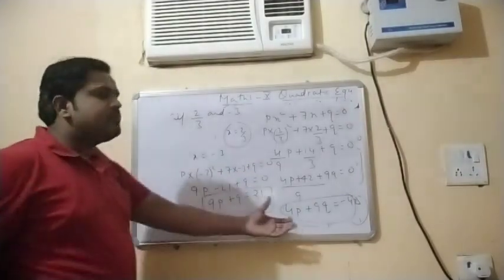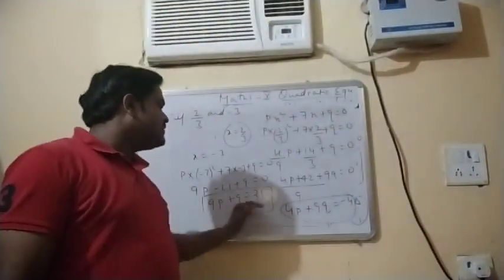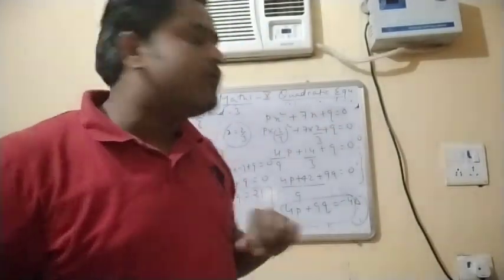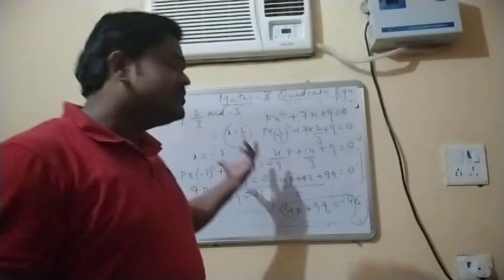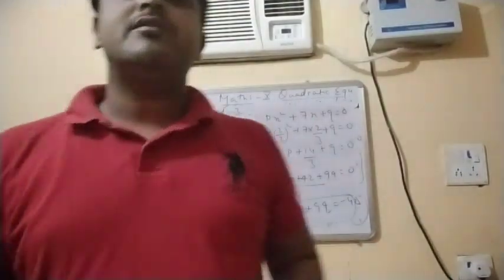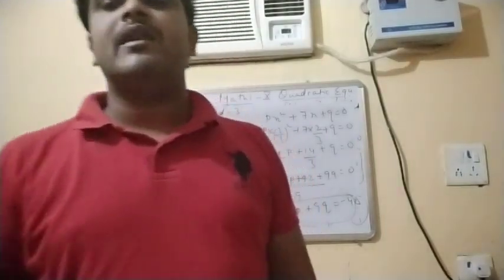So we have got two linear equations. I have told you how to solve linear equations. On solving these two linear equations, you will get the values of p and q. This was about the first exercise. Just solve all the questions. We'll be discussing the questions. If you have any doubt regarding these questions, you can ask me or you can personally call me. Thank you.